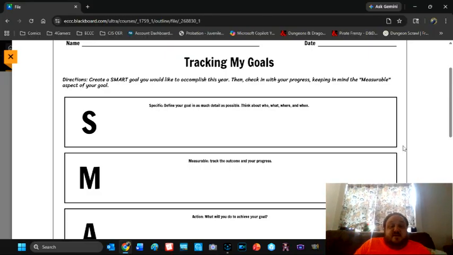So it can be get a job. Okay, get a job at Walmart. Get a job working at Presque Isle and cleaning bathrooms. A specific goal would be get a job in criminal justice. That's already more specific than just get a job. It can be pretty detailed, and it's really the point of trying to work through a SMART goal worksheet like this, or trying to set good goals, to be as detailed as you can about what your goal is.